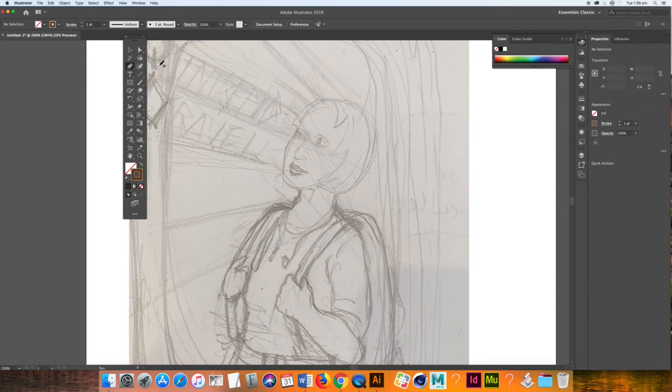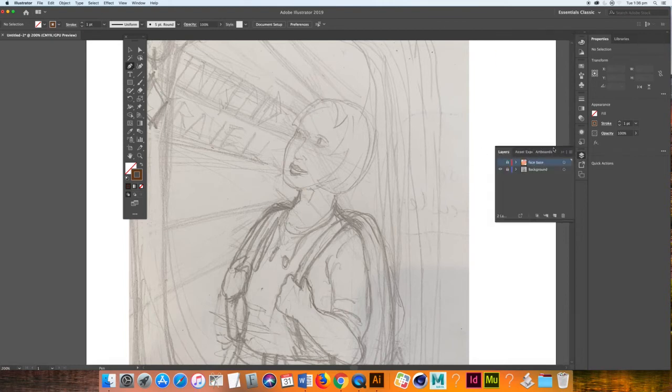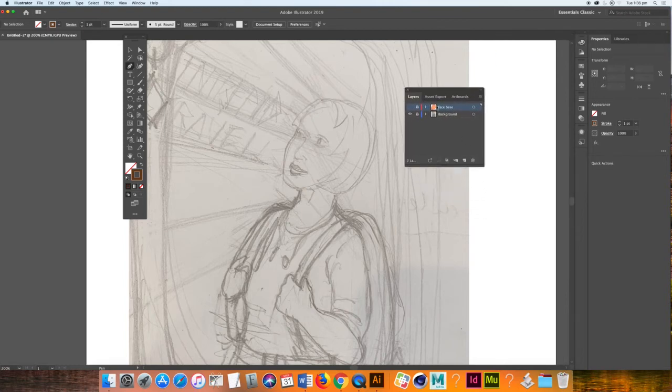I don't know what it's doing with that. Sorry, not that one, that one. Oh, okay, that little symbol, why is that happening? That's because I'm trying to trace on a layer that's locked. Oh, well, that's a good way to show you that. So that'll happen. You won't be able to do anything if you're on a locked layer. So the idea of locking and hiding that layer,